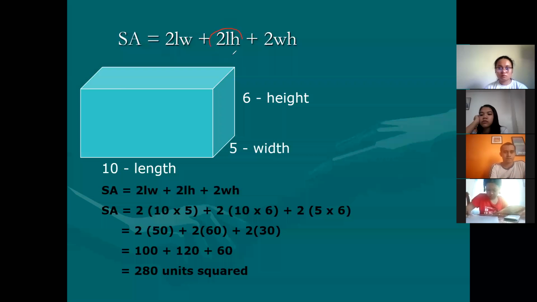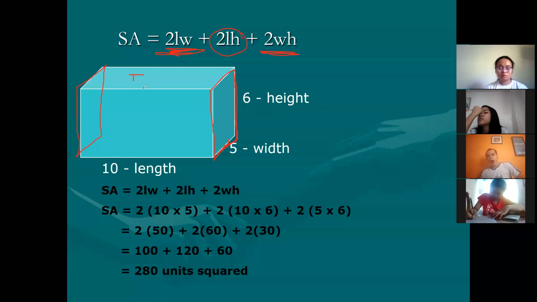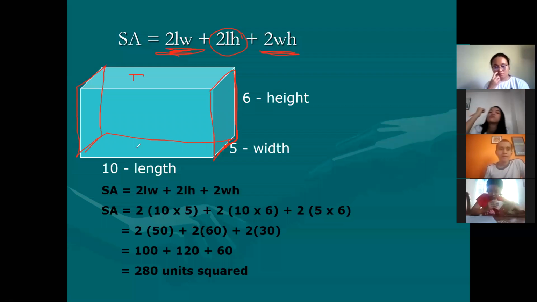From that, twice the length and the height, how come we had twice the width and the height? The right face and the left face are similar. To find the area of a rectangle, it is length times width, but this time we have the width and the height. So the formula there is width times height, and since there are 2 of them, times 2, to get the formula twice width and height. And you know very well how to do length times width. That's the top and the bottom rectangle.